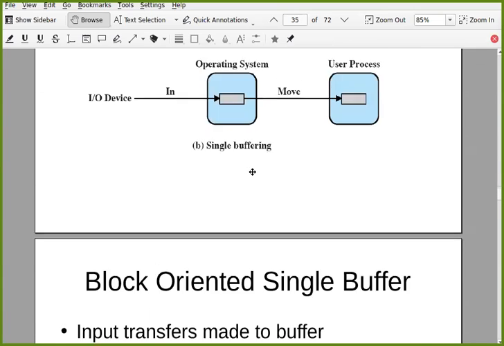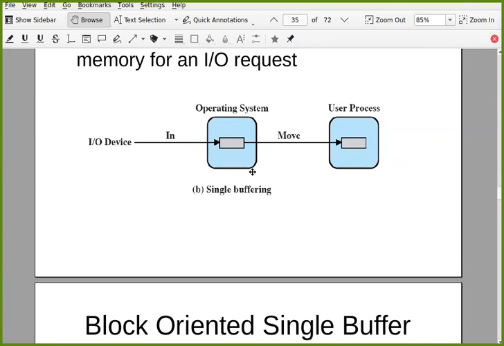Now one interesting thing is, normally when a block transfer happens, it is with secondary storage like your hard disk or your USB drive. For example, you request some data that is lying on a particular block, so the OS will give you that block. But what the OS normally does is assume that if you require block number 5, very likely you may require blocks 6 and 7.